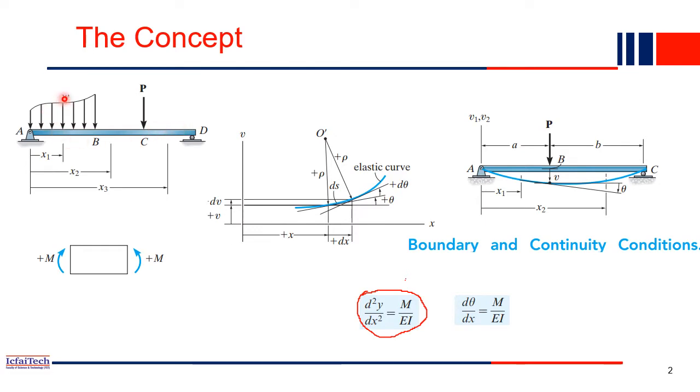So the beam is a bending member, right? When the transverse loads are acting on a beam, some moment will be generated inside the structure, right? This is the sign convention we will use for this entire course. So after application of the load, our beam will bend, right? This is the deflected shape of the beam, although it is shown in an exaggerated manner, and this we call the deflection y, right?